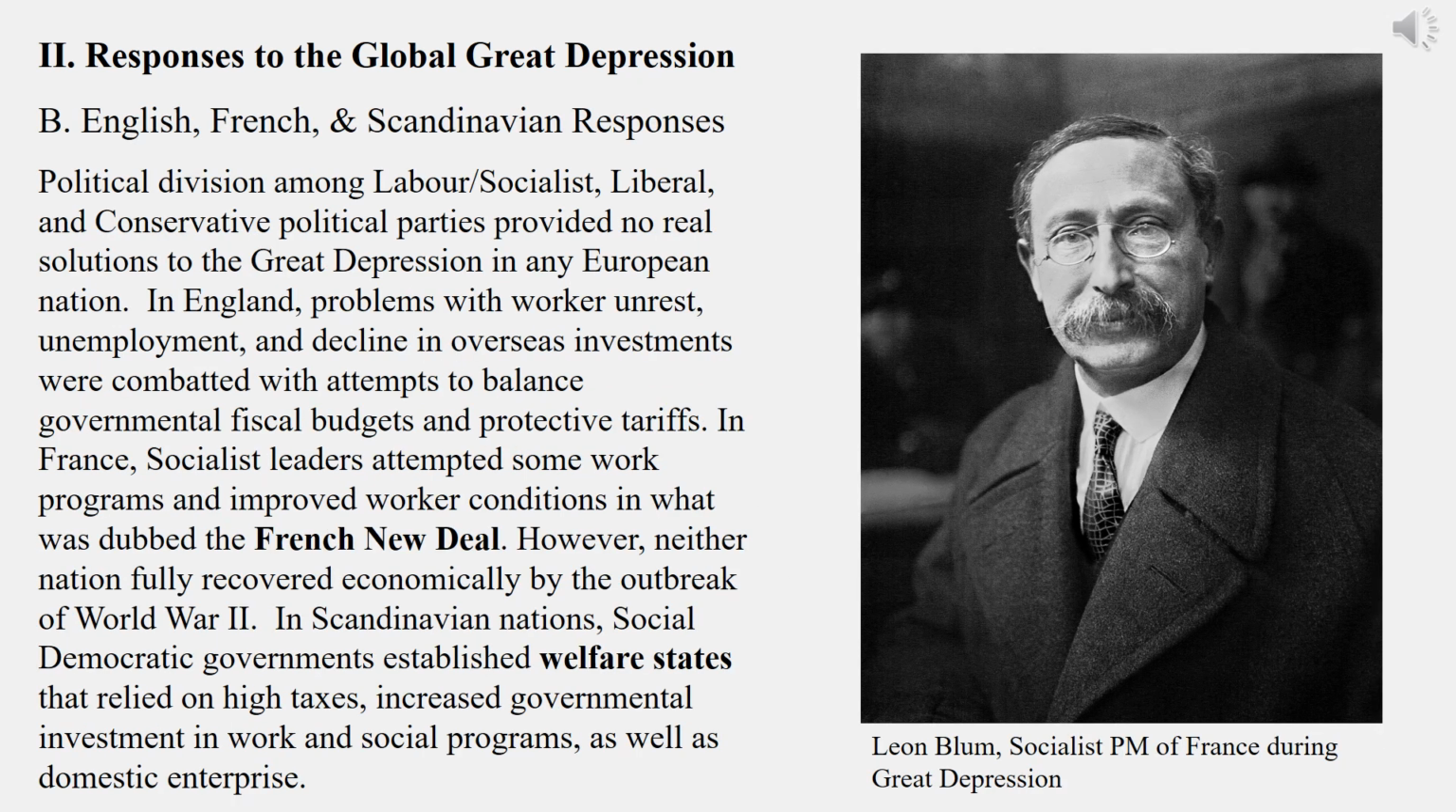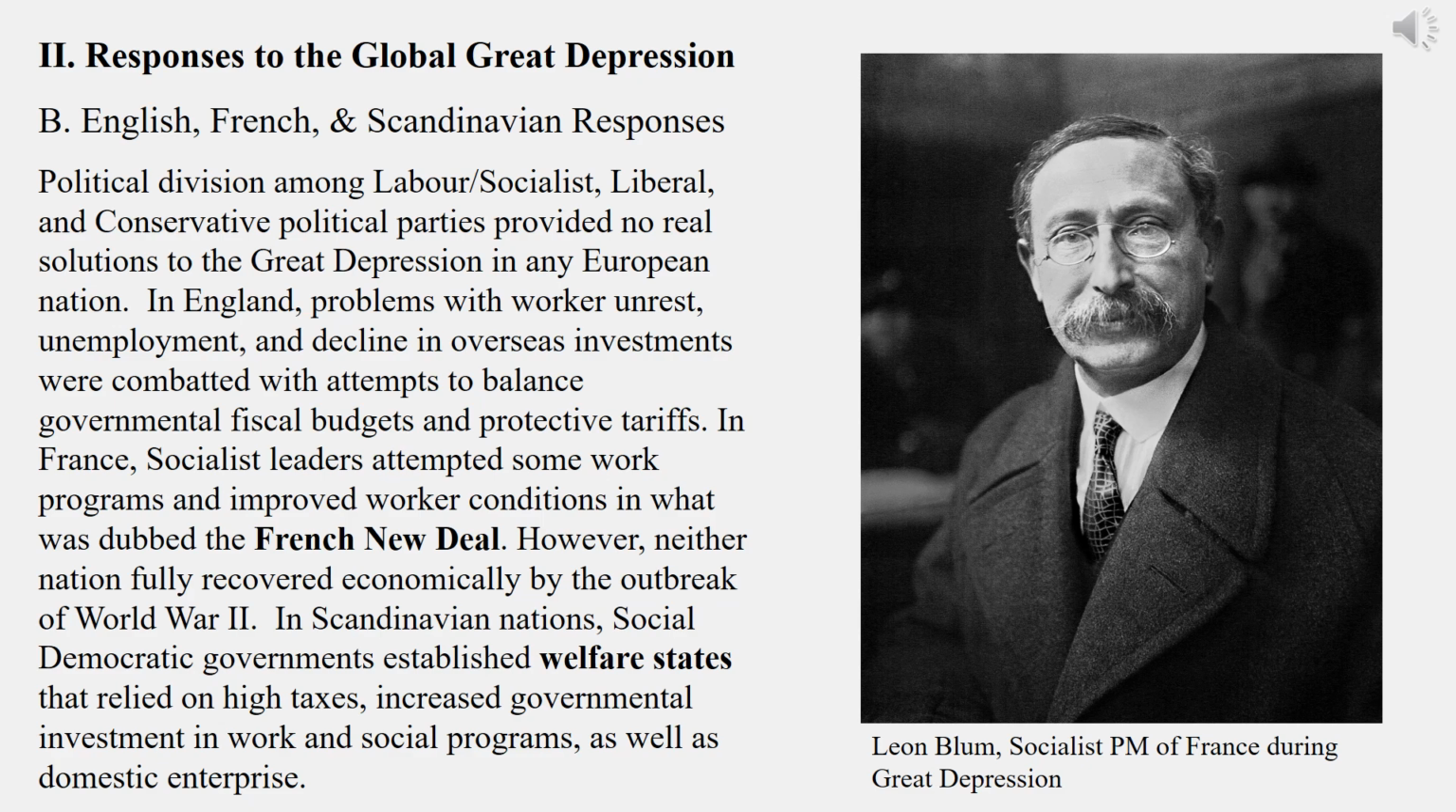This slide addresses how some of the European governments responded to the Great Depression. More so than in the United States, socialist and labor-friendly political parties had a long-standing influence on European governments. That means European governments were more used to enacting policies that protected workers' rights, wages, and conditions. Political division among labor or socialist, liberal, and conservative political parties provided no real solutions to the Great Depression in